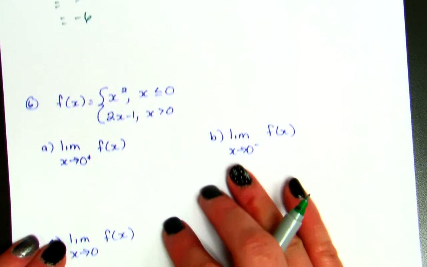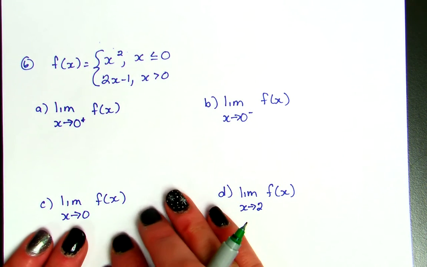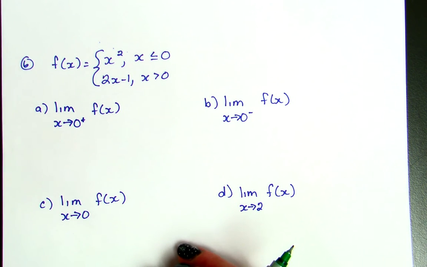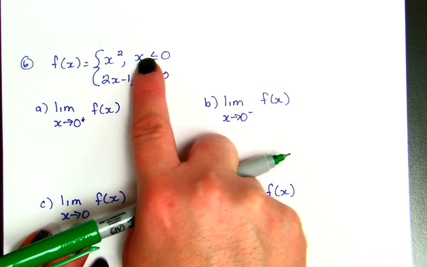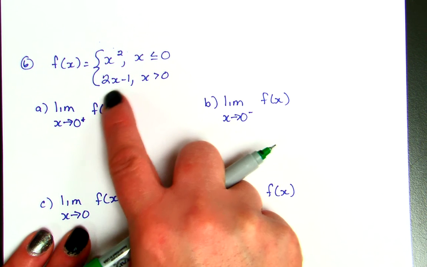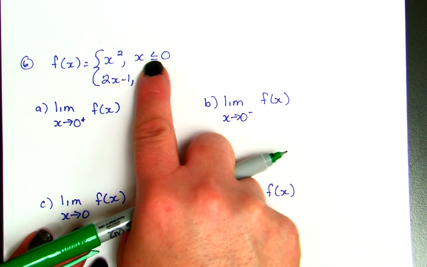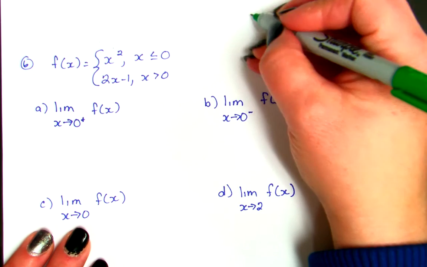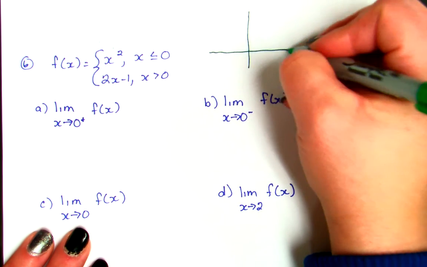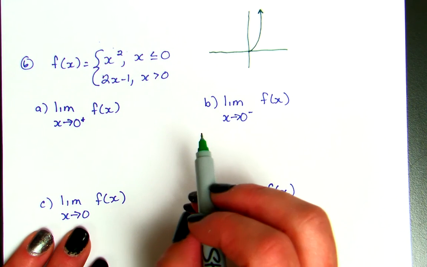Now the only other thing I want to talk to you about is a piecewise function. A piecewise function is something that's made up of pieces, so it's not the same thing all the way along. So in this case, f of x is equal to x squared for x greater than or equal to 0, or it's equal to 2x minus 1 for x greater than 0. If we were to graph this, I have a parabola for x less than or equal to 0,